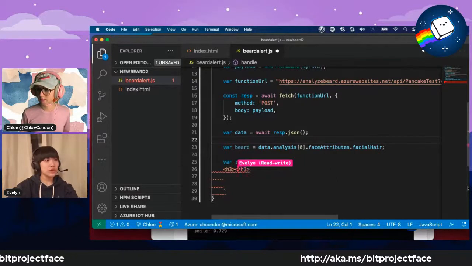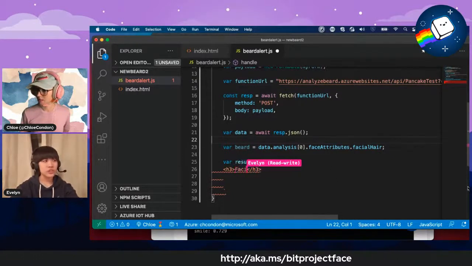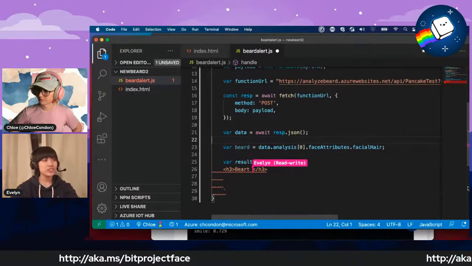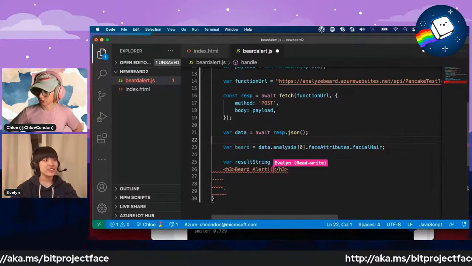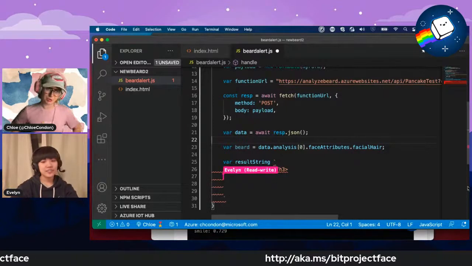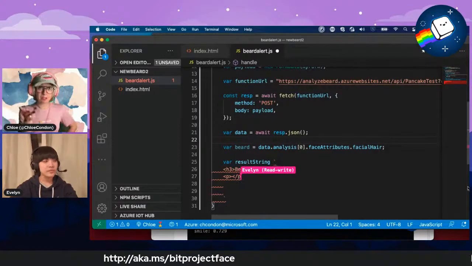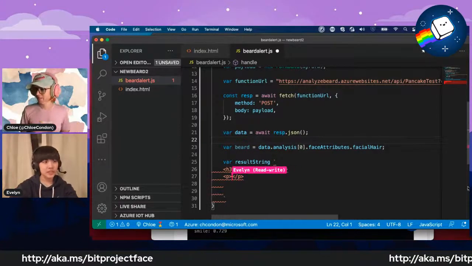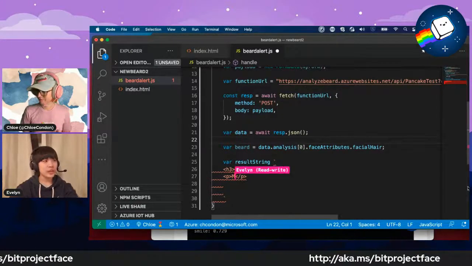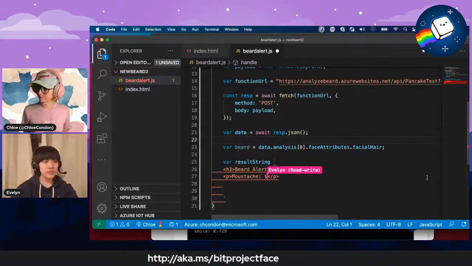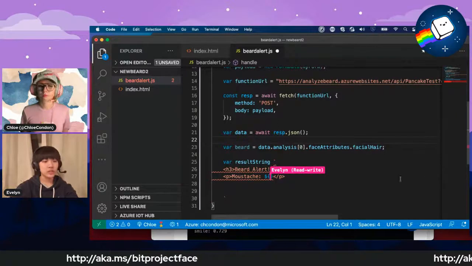Right. So we'll make a header that just says, actually, beard alert. Beard alert. So this is the result that we are going to be giving, and we're doing it in HTML because it'll appear as HTML. Yeah, exactly. And we'll write mustache as, so if you guys haven't seen this syntax for writing,